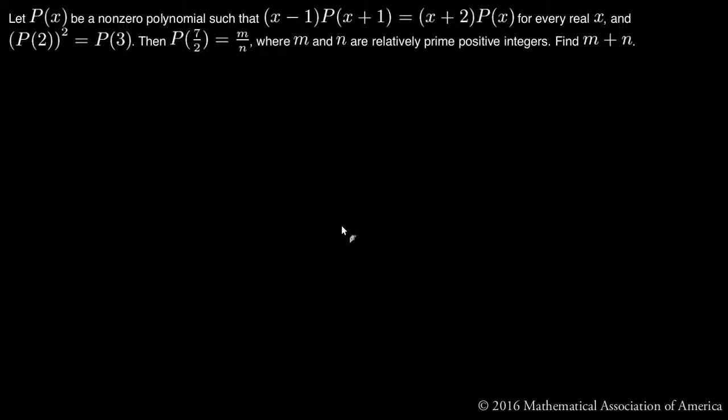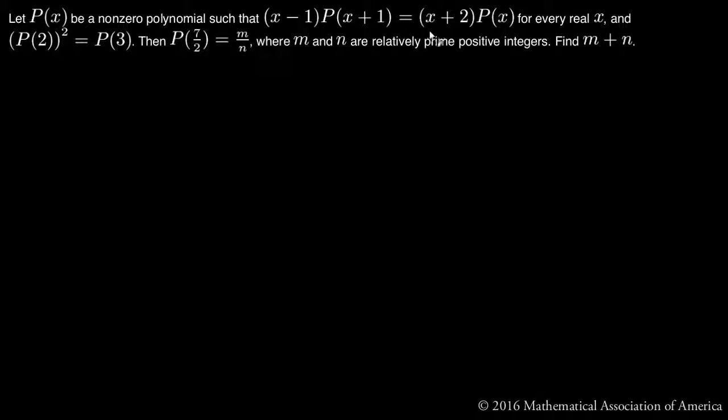Alright, 2016 AIME 1, question 11. Let p of x be a non-zero polynomial such that (x minus 1) times p of (x plus 1) is equal to (x plus 2) times p of x for every real x, and that p of 2 squared is equal to p of 3. Then p of 7/2 is equal to m over n, where m and n are relatively prime integers. Find m plus n. So, the first thing I notice is p is a polynomial, and I can find some